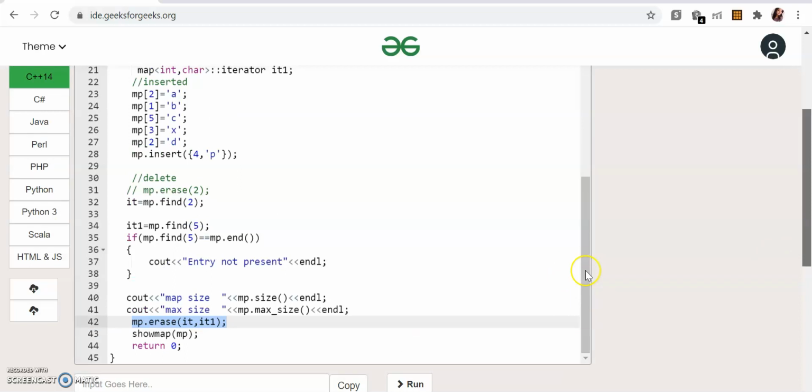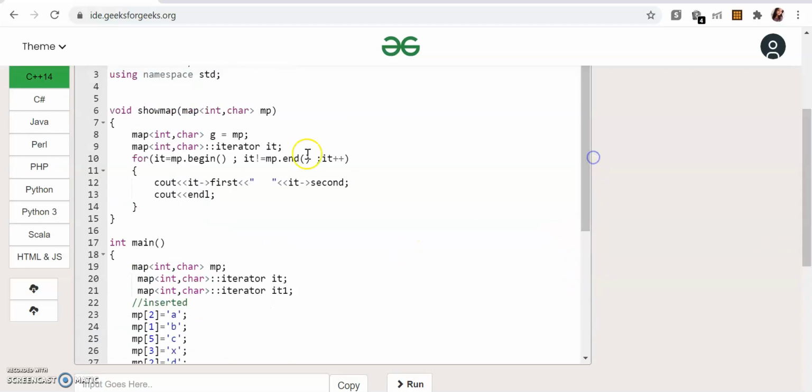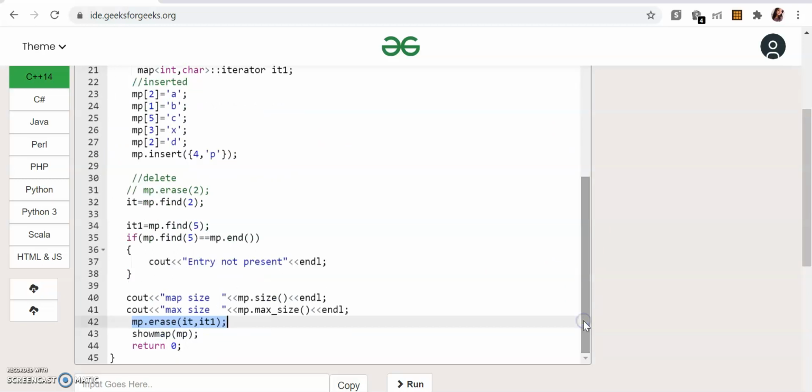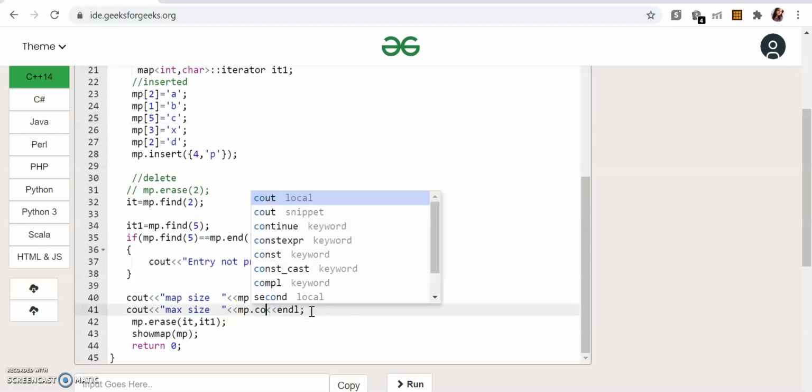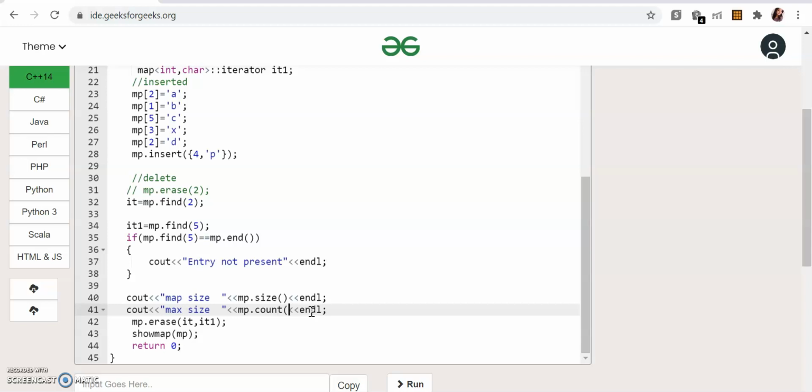You have already seen how to find, you already saw how to iterate. Another function is count. Count basically returns 0 or 1: 1 if that element is present, 0 if that element is not present. Count should give a count, but because all the keys are unique, it will just be 0 or 1. Let's try to print count 2.